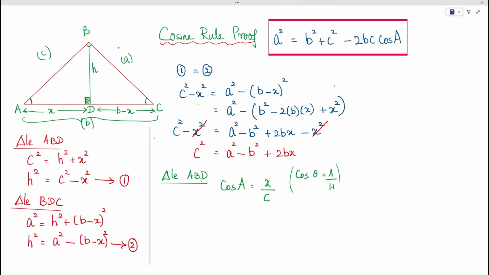And so, by rearranging cos A equals x over c, we can isolate x, and we get x is equal to c